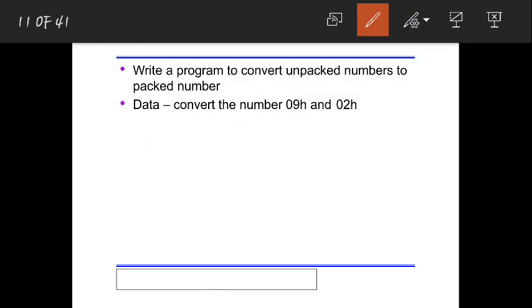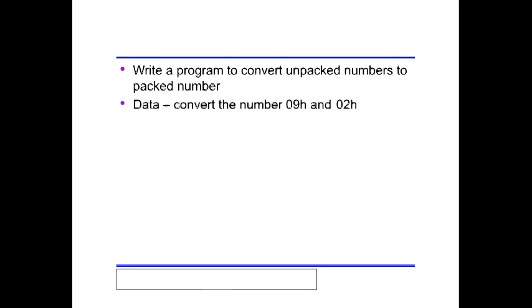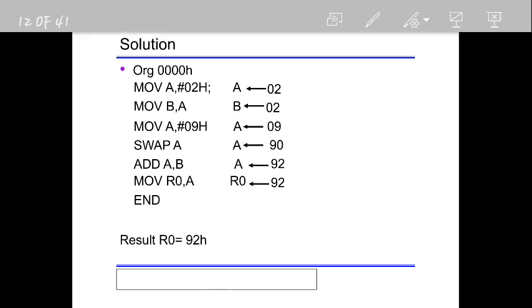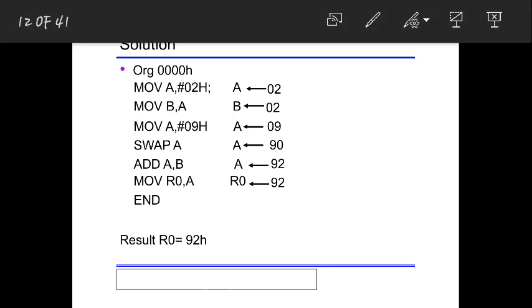They have given: convert the data 09 and 02H. So I need to convert that first to a packed number. For that, see, here is a program. First I need to load that data into some registers, right? So this is my location where I start the program.